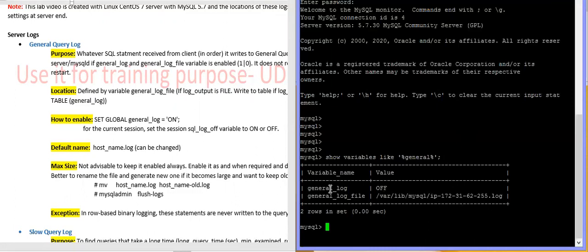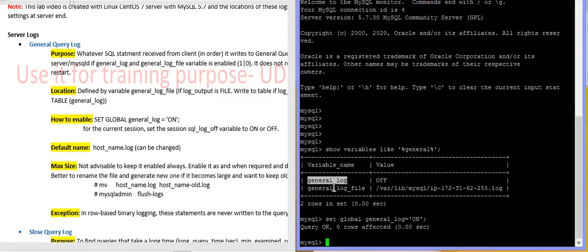So first you will have to enable the general log. Set global, if you enable it globally, general_log equal to on. That's it.